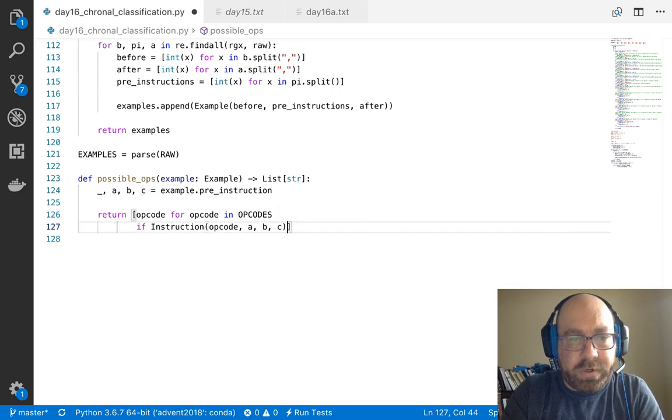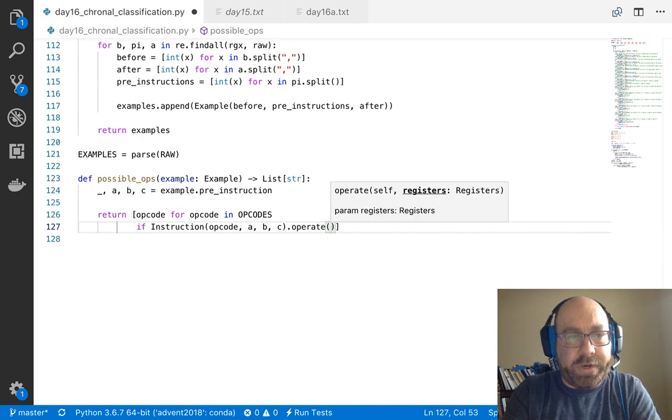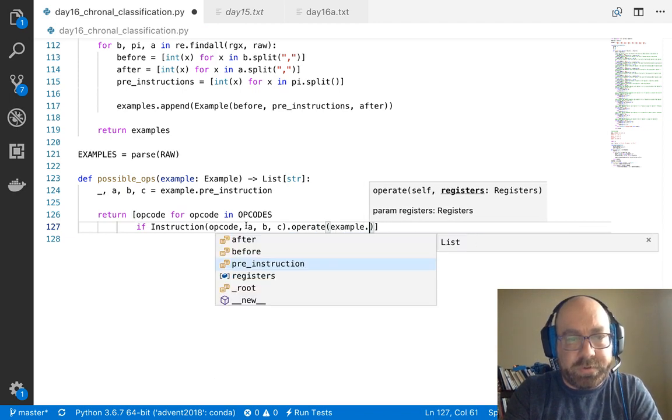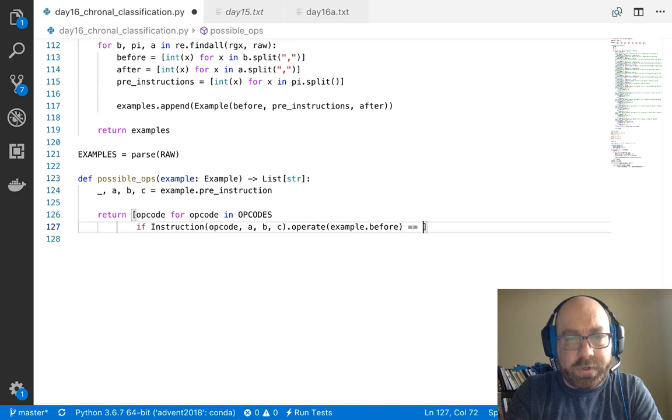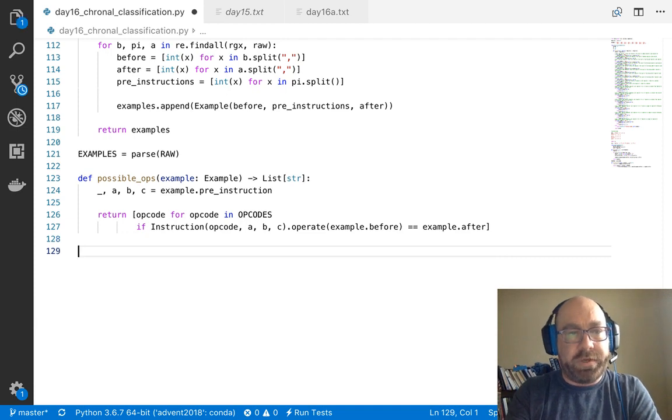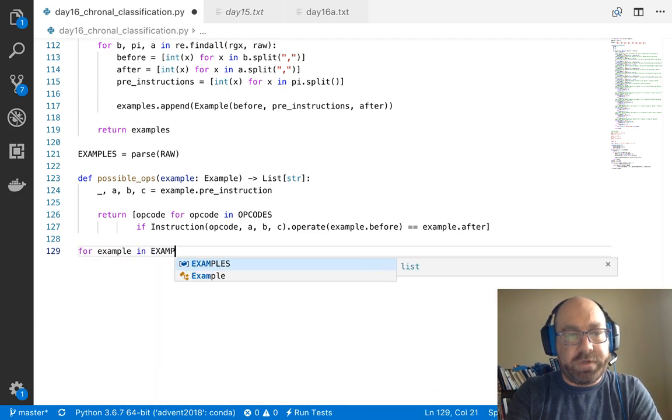So opcode A, B, C operate on example.before equals example.after. Okay. And now for example in examples,